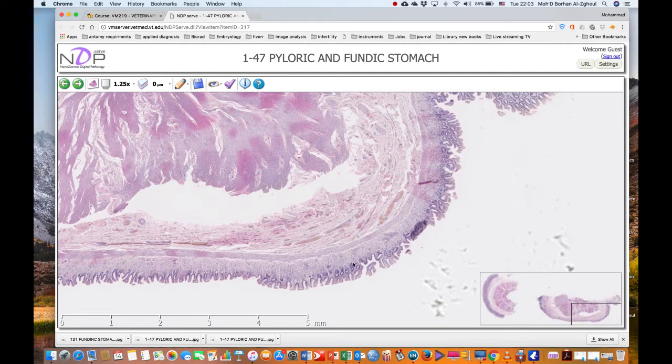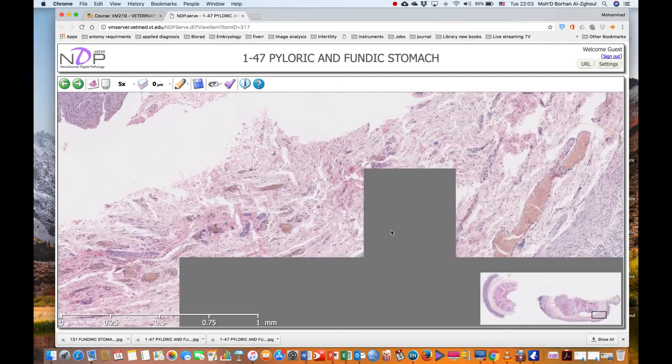But we can see here, this is the epithelium, the surface lining epithelium, and this area here, we have the gastric glands. But if we increase the magnification,